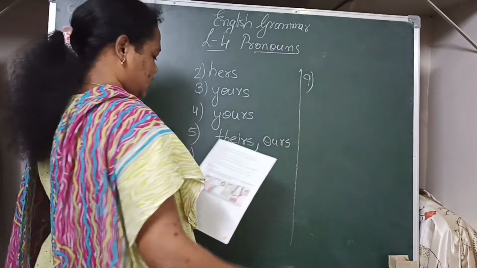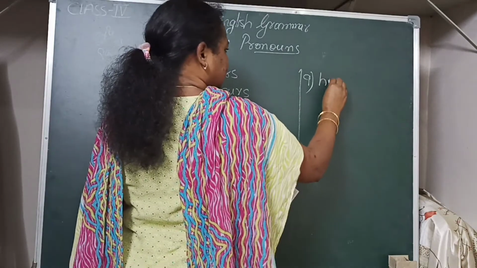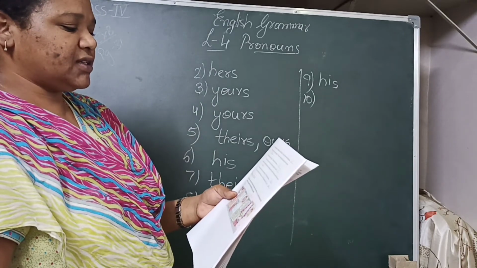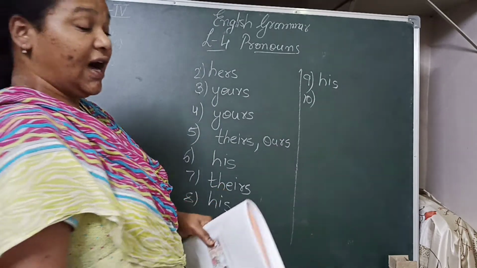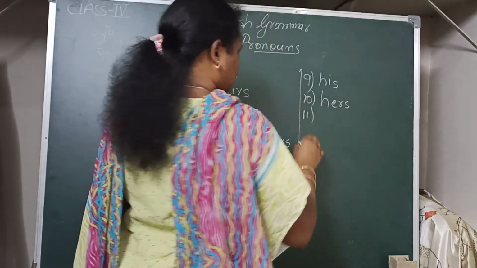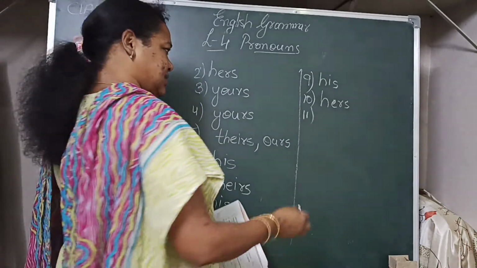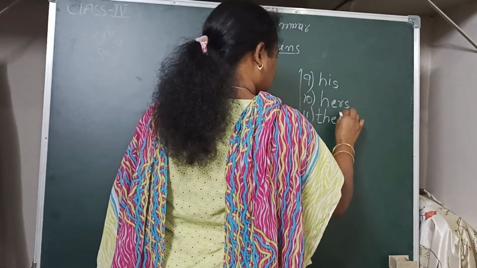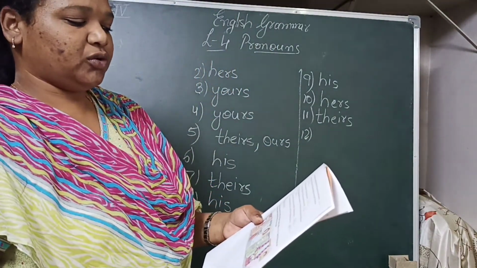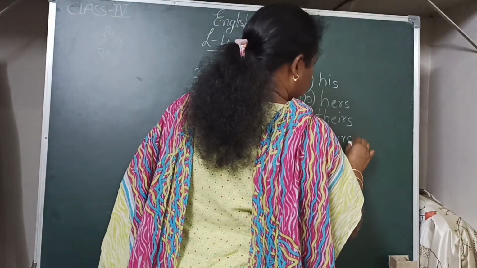Ninth one, this is David's bag, then the books inside it must be his. 10th one, Jaya and I painted these two baskets. The pink one is mine and the blue one is hers. Our cousins live across the street. That yellow house is theirs. I put my brushes in this cup. I don't know whose cup it is. Is it yours? Note down children.